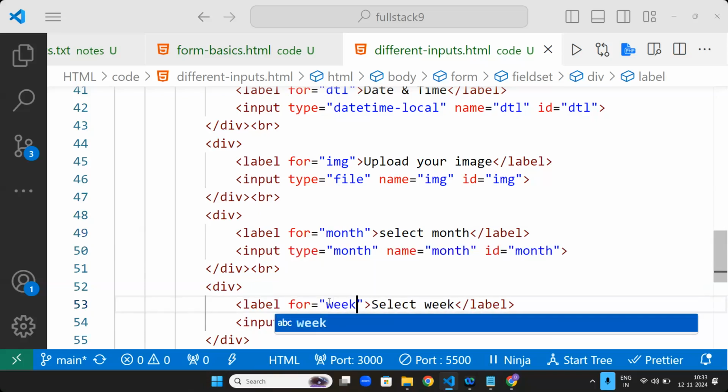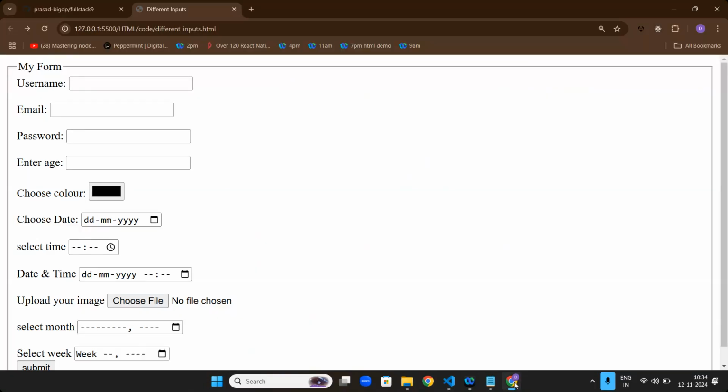Do you guys know how many weeks will be there per year? How many weeks will be there per year? 52. Very good. A basic aptitude question it is. Do you know in leap year how many weeks will be there? In leap year, how many weeks will be there? 52 only. One more day extra will be there. That's it.